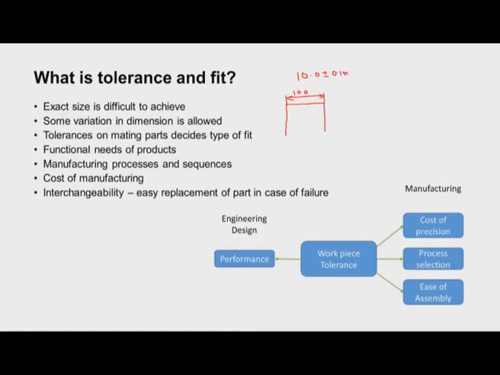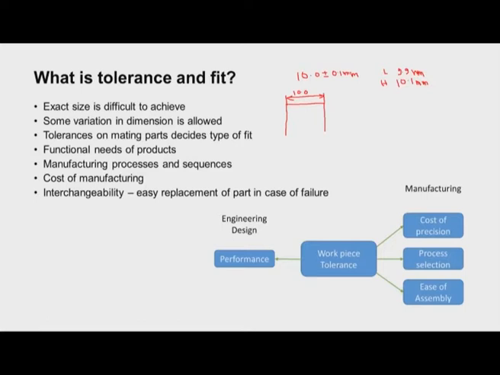That means the shaft can have the lower limit of 9.9 mm, and the upper limit can go up to 10.1 mm. So, these are the limits of the work pieces. If the workpiece that is produced is having any size between 10.1 millimeter and 9.9 millimeter, then it will